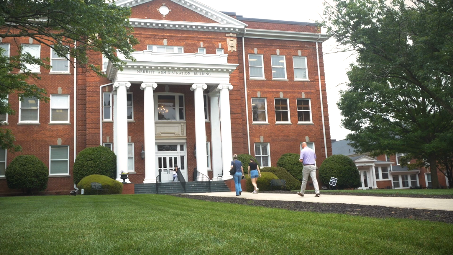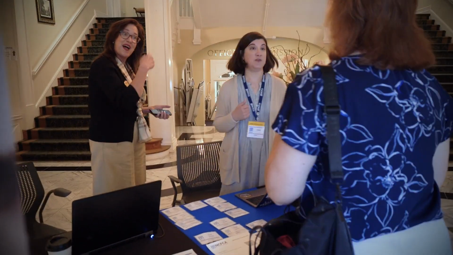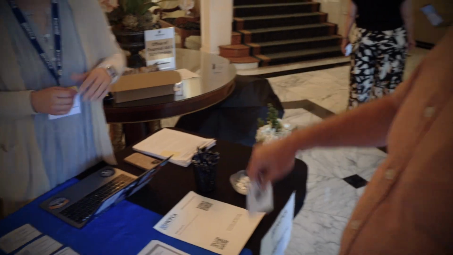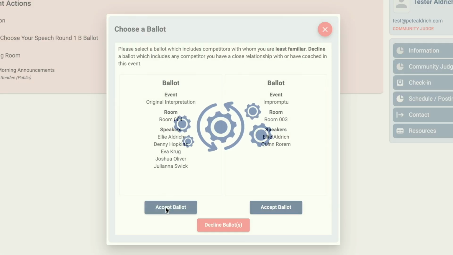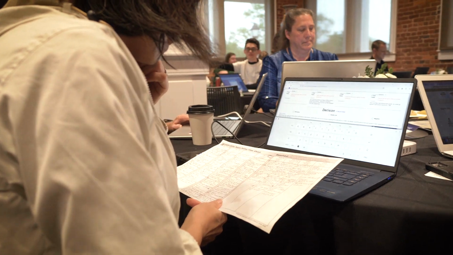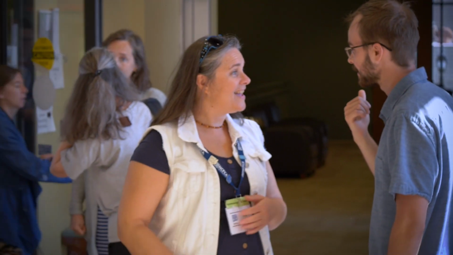After registering to judge, there is no preparation required. When you arrive, the staff will be excited to greet you and walk you through everything you need to know. They can help you learn about events, pick a ballot, find reference materials, conquer the technology and devices required, and answer any questions about completing a ballot. Whether in person or online, the tournament staff is happy to help with any questions along the way.